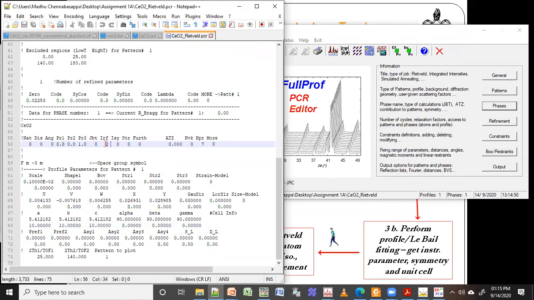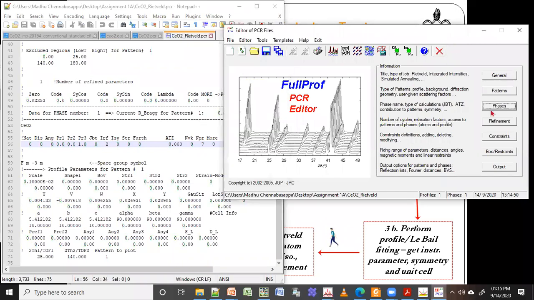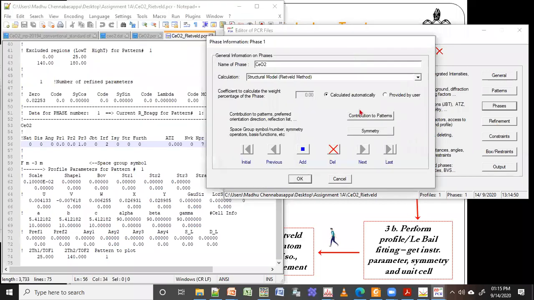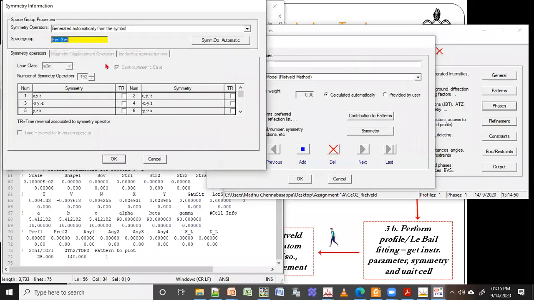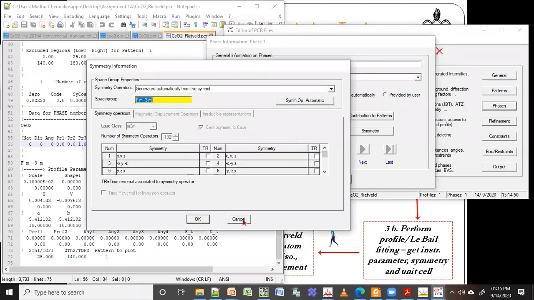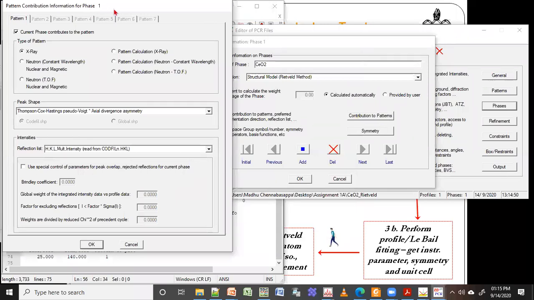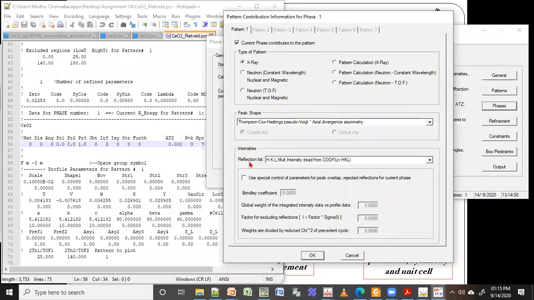There is something called IRF. For this IRF, what I am supposed to do is change this to structure, and in the symmetry it is fine. Everything is fine. In contribution, you can see the intensities or the reflection list.